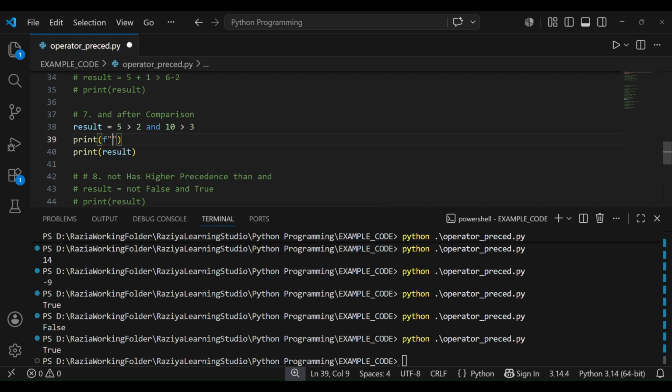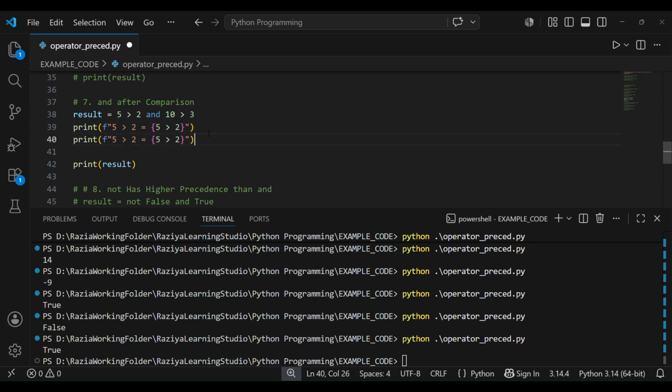Okay, so I will type it like this, is equal to, so what is the solution for this? It will give us this. And similarly, I'll do this on the right hand side also. Okay, 10 is greater than, here I'll just copy paste it. So programmers, yeah, copy paste is our best tool, right?